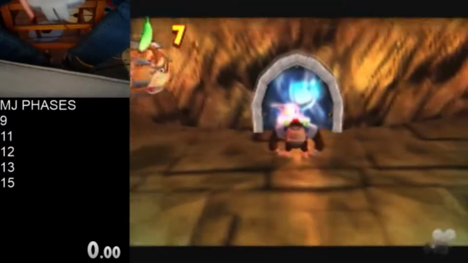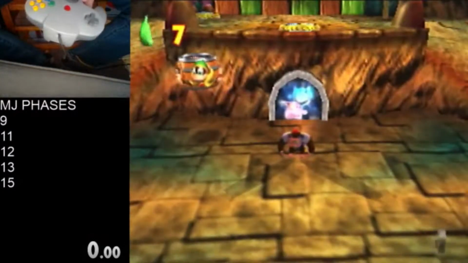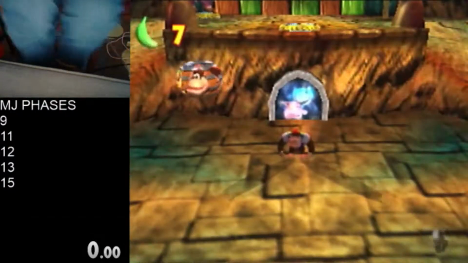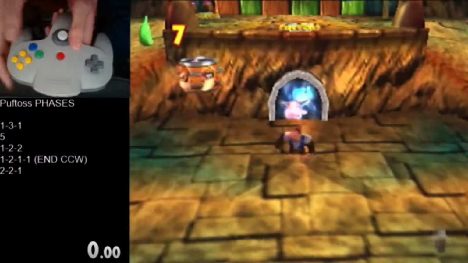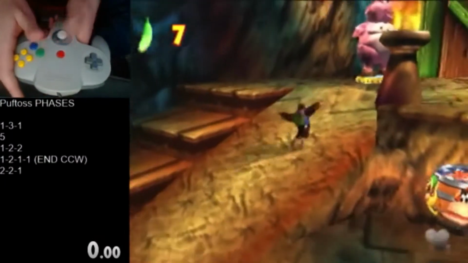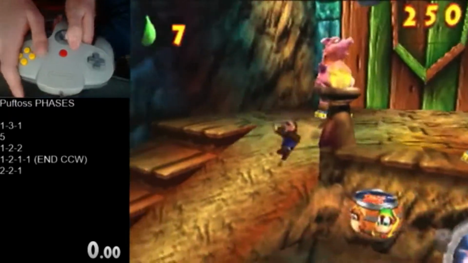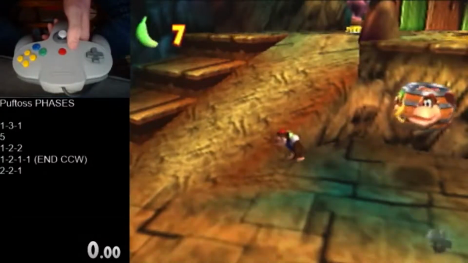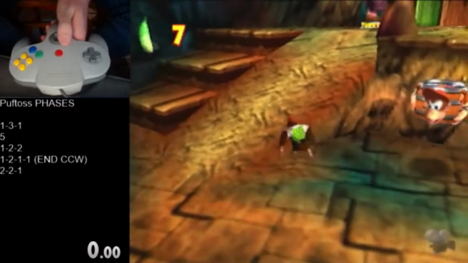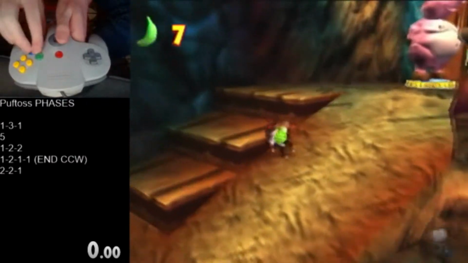Alright, so this boss is Puftoss. This boss is gonna require a little bit of explanation, so let me just pull up my patterns for Puftoss really quick here. Alright, so Puftoss is a big pufferfish, and how you damage him is there's these certain gates that you go through that are all around in this sort of circular arena, and you have to hit 5 of them